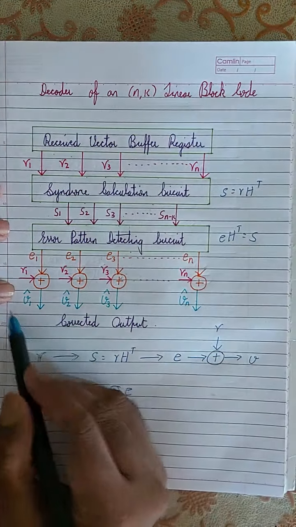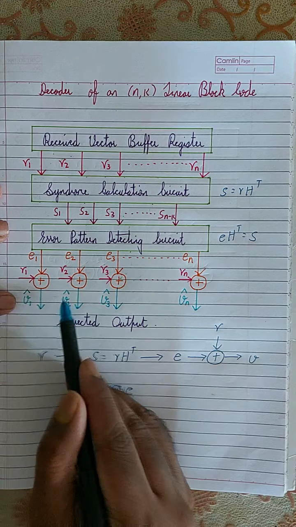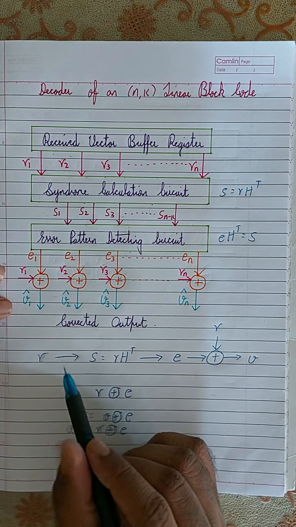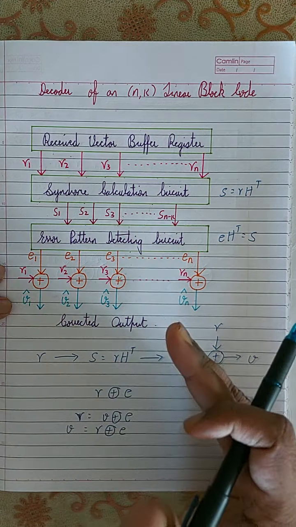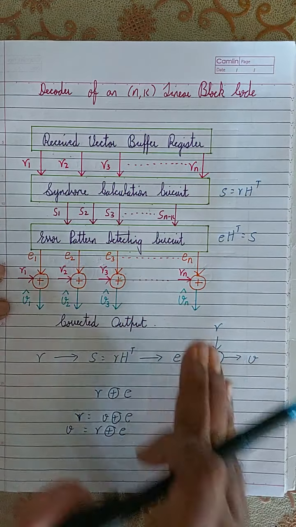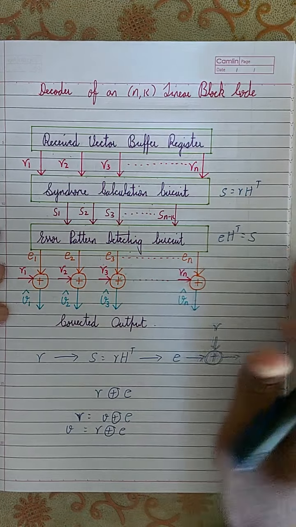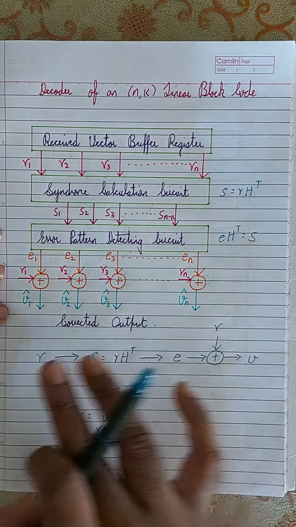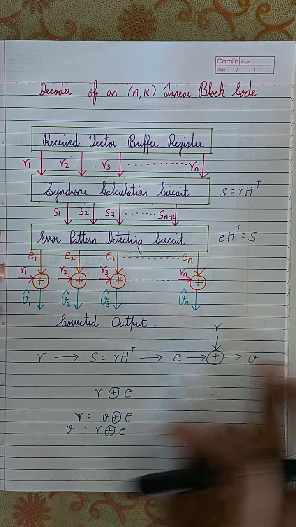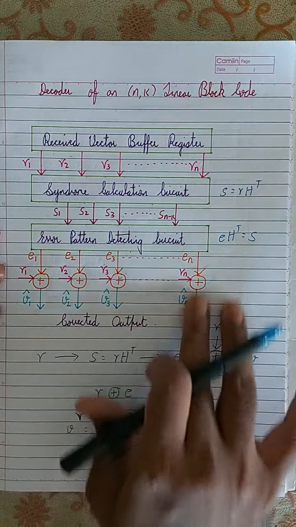Here we are using the word estimate. This cap actually means estimate of V. Generally we use this word to express the result at the end of a communication system, because we may not be 100% sure that the actual output will be correct, so we call it an estimate. That's the only reason, but this is how the working is done.